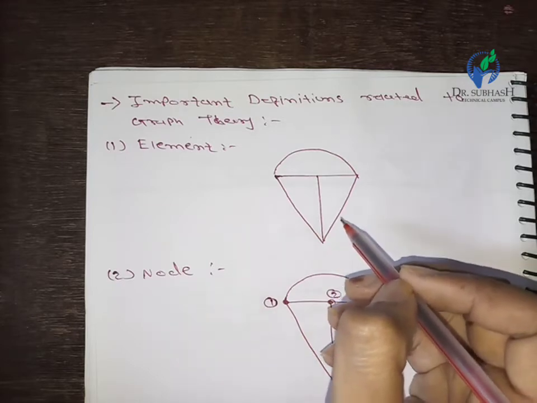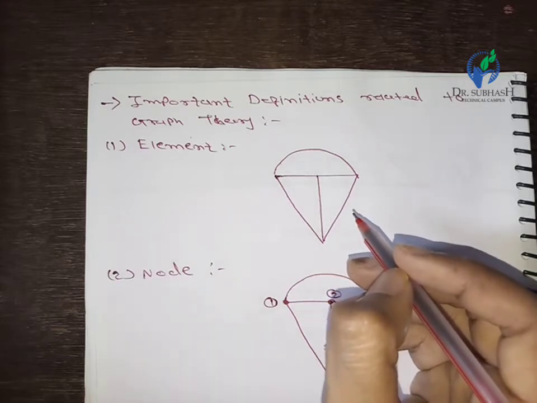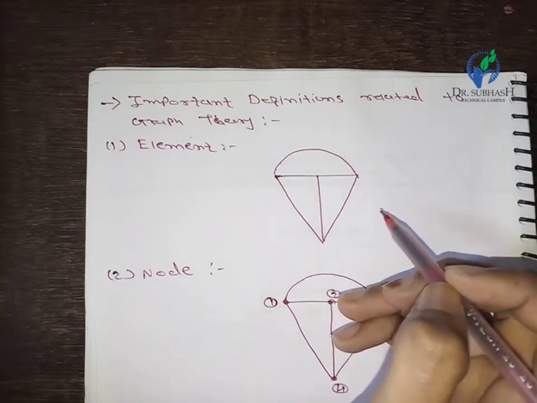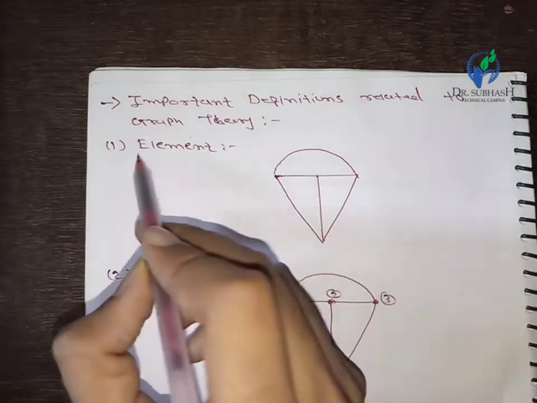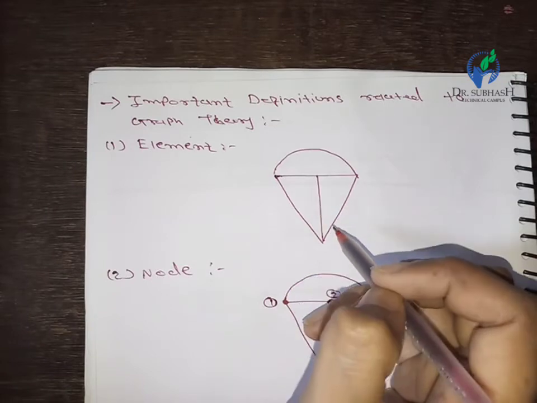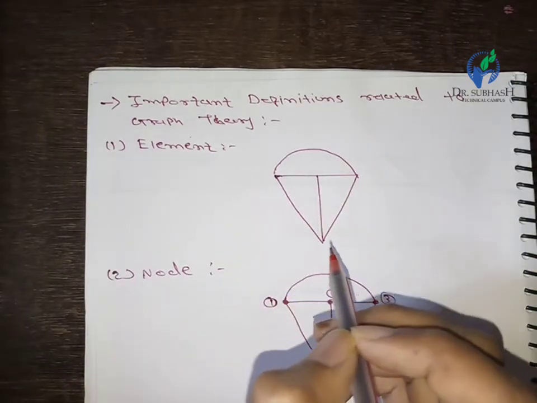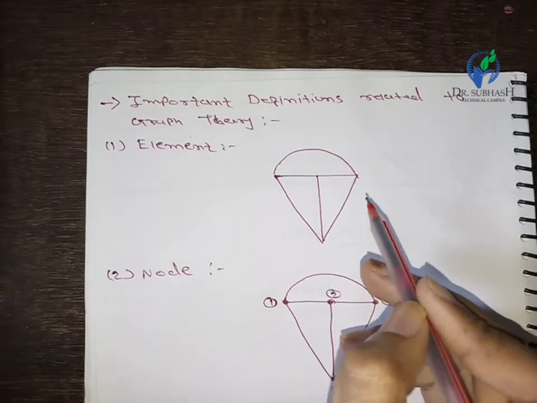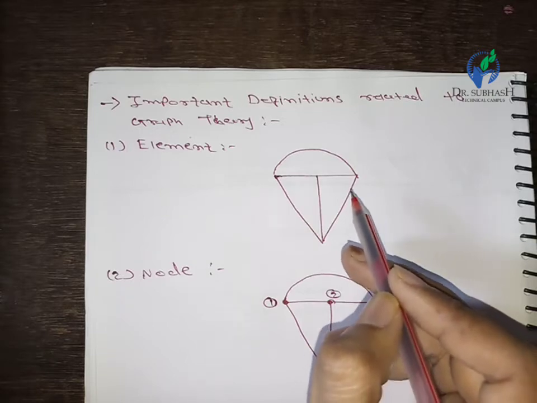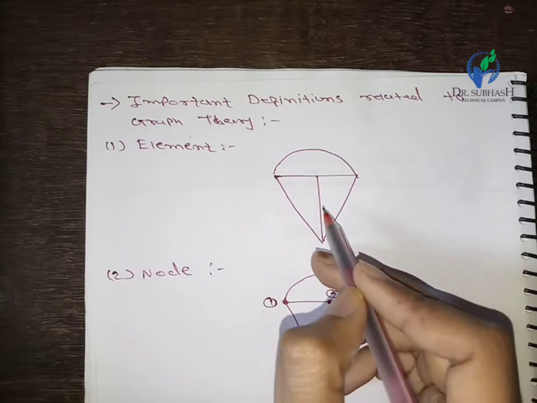Here it is a very important point: each current source is replaced by an open circuit, and each voltage source is replaced by a short circuit. So it is clear that the element is very important in graph theory. Further, each network element is replaced by a line segment while constructing a graph for the network, and each line segment is called an element.